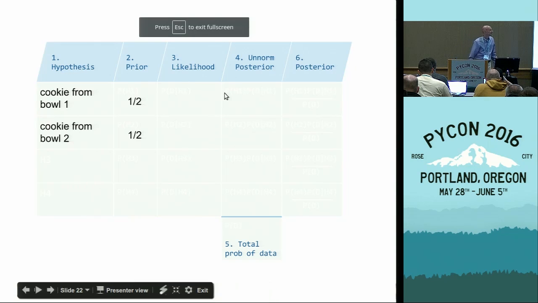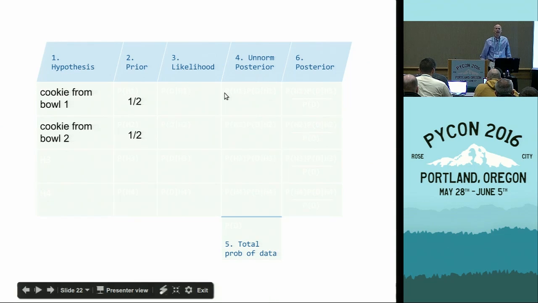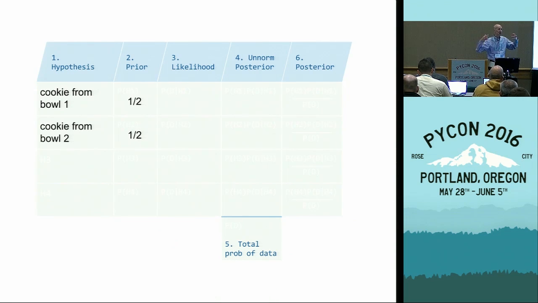Okay. Next step is to fill in the priors. In this problem, we were given the priors as part of the problem statement. Other problems we're going to get to later on, you have to think more about what the priors should be, but here it's just 50-50. And then the likelihoods,